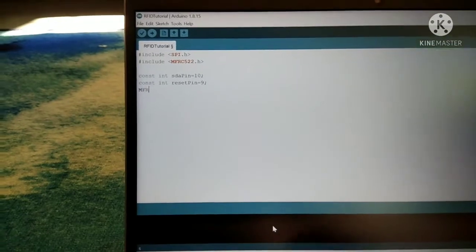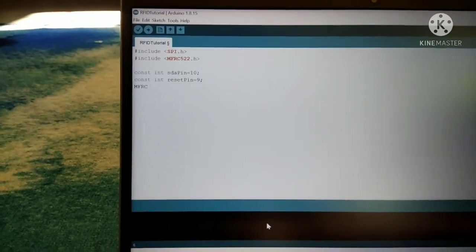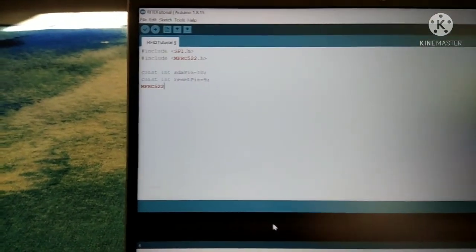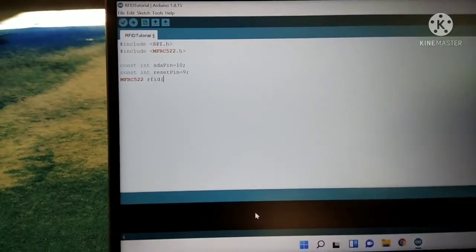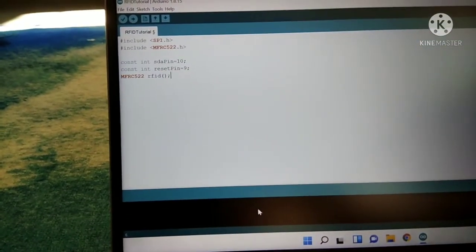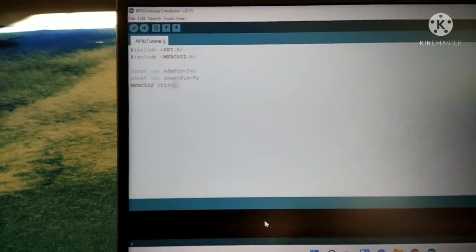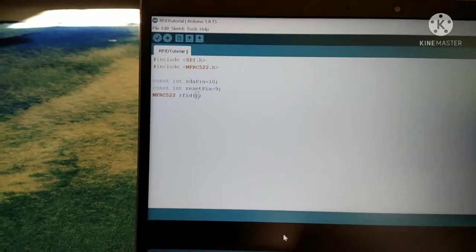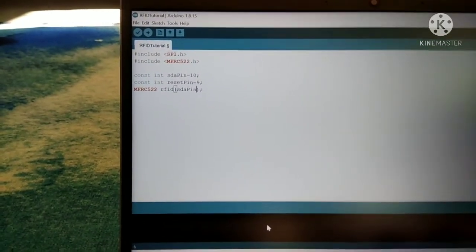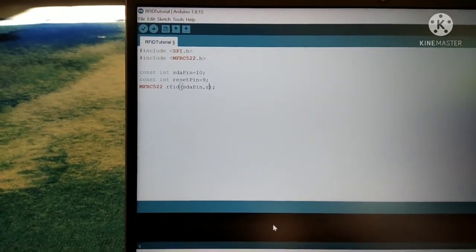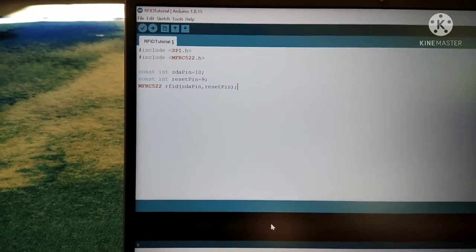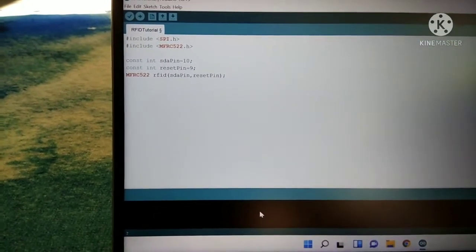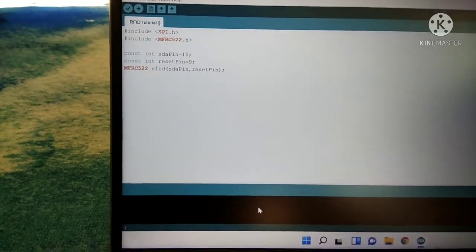So we will create the object MFRC522 and name it RFID, and in brackets we'll write the pins as SDA pin comma reset pin.